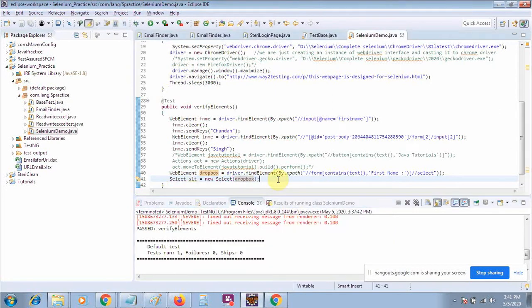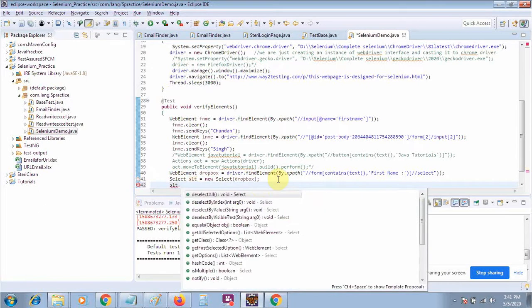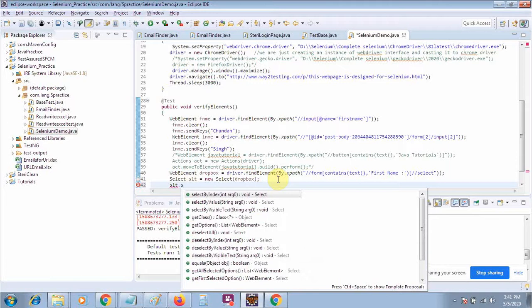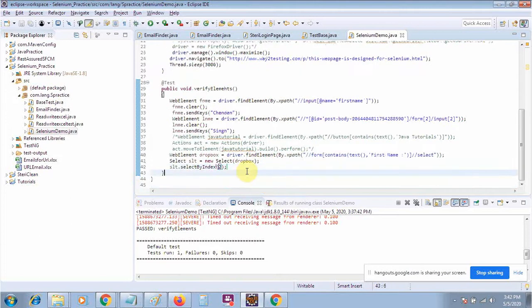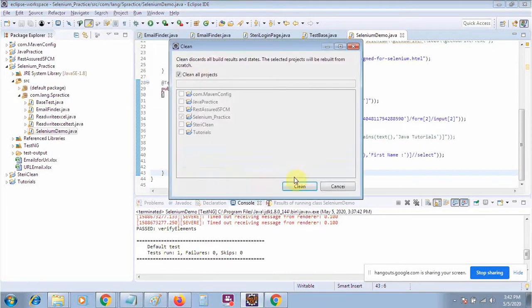After that you can select the value in different ways: by visible text, by index, and by some other option. If you check here, you can select the values of your Dropbox in three ways: by a string value, by index which starts from 0, or by some other text. Always prefer indexing. Suppose I say index 2. Select the index 2. Now let me run this one, and you will see what happens.